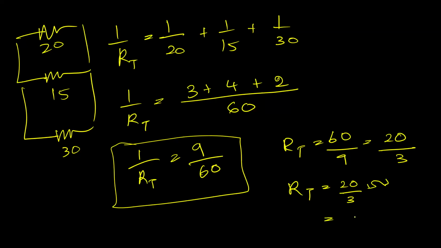Or else you can divide it and get 6, 12, 18, 6.66 ohm. But whenever you try to do a calculation, keep it like this and do, because in our syllabus they will give calculation values which are getting cut very easily. For example, if I want to find the I total directly,